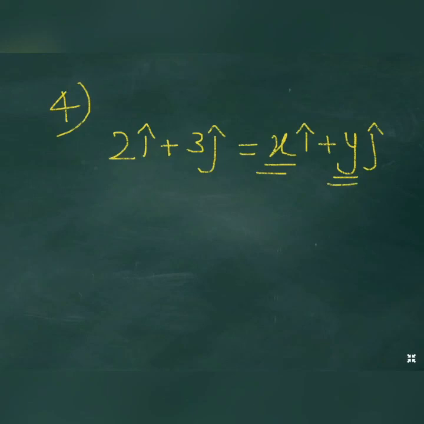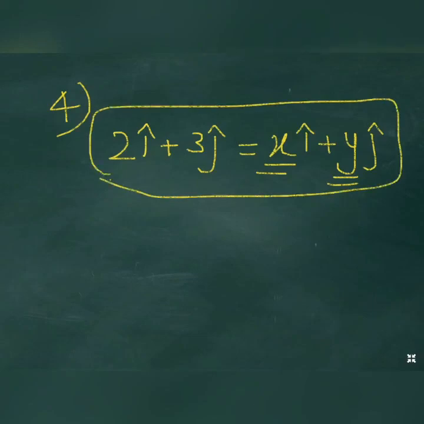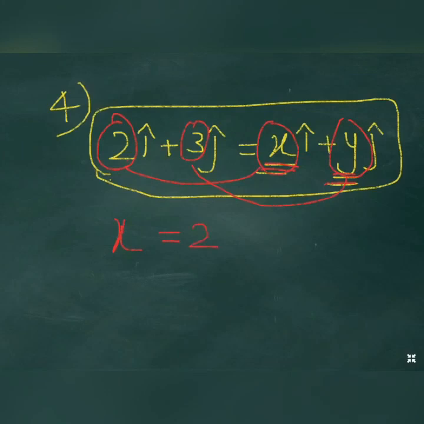So we know that if two vectors are equal, corresponding components will also be equal. So if these two vectors are said to be equal, that means their corresponding components, that is their vector components as well as scalar components, will be equal. Here we have to find x and y, which are scalar components. So their corresponding scalar components are x equal to 2 and y equal to 3. So hence, the scalar component x is equal to 2 and the scalar component y is equal to 3 respectively.